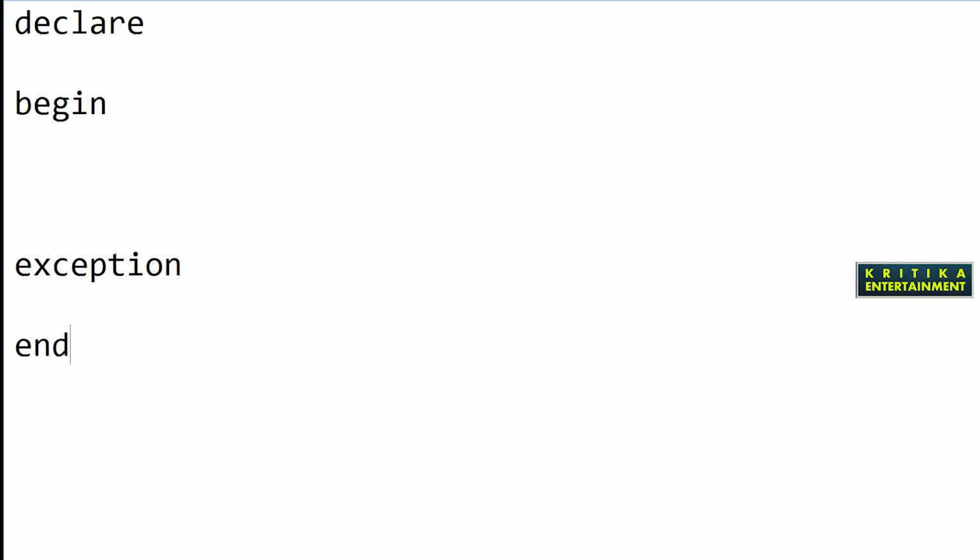First thing, I have already repeatedly told you the syntax of an exception. First you write the declare, then you start the begin, then you enter some data, then in the exception section, if any exception occurs inside the begin block, then your exception block will be executed. So today I will start the invalid number exception.